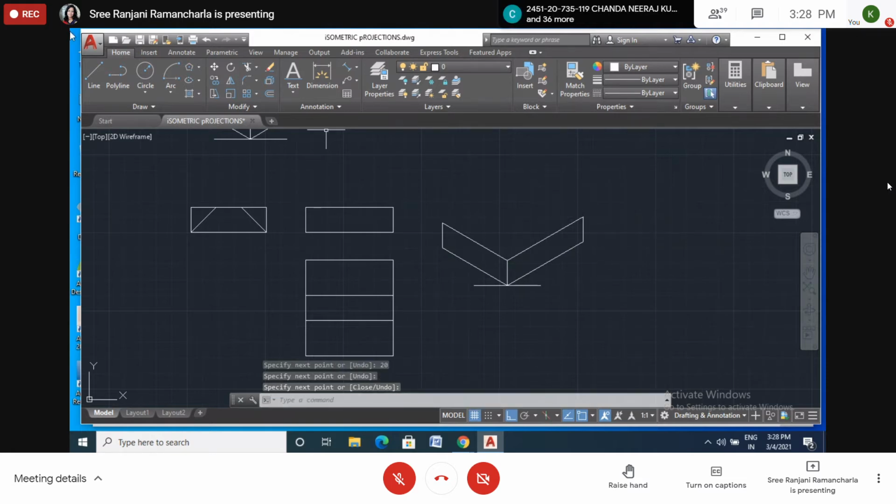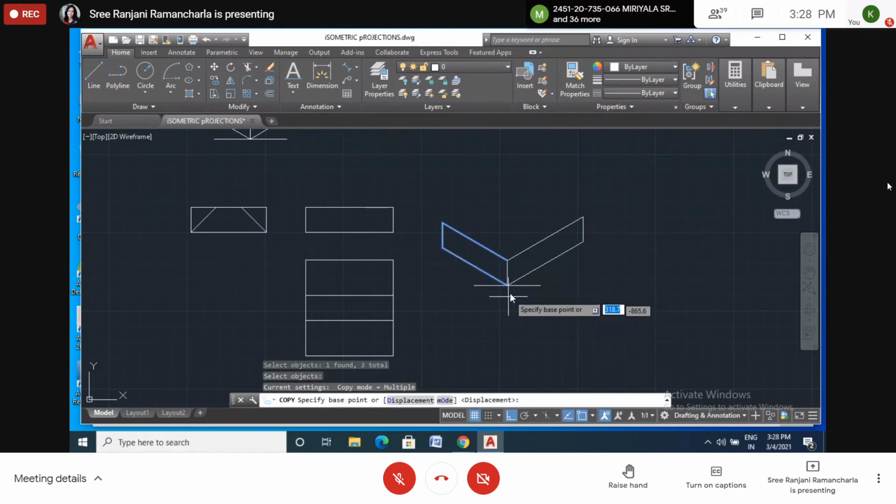Now here also one more line we have to draw, or you can copy all these lines. This one we have to copy, and this one, and this one. I want to copy these 3 lines. Instead of drawing lines like this, I want to copy. Copy this one, this, and this. Enter.